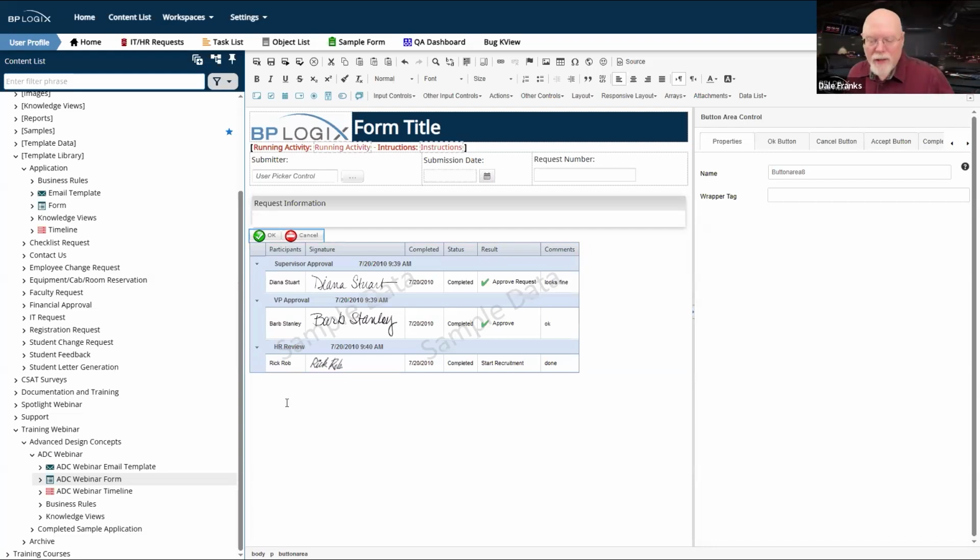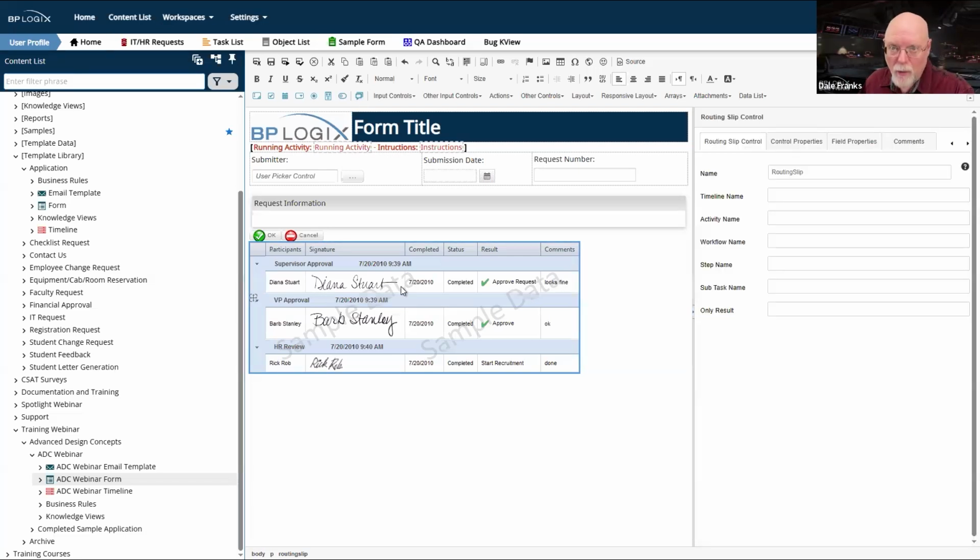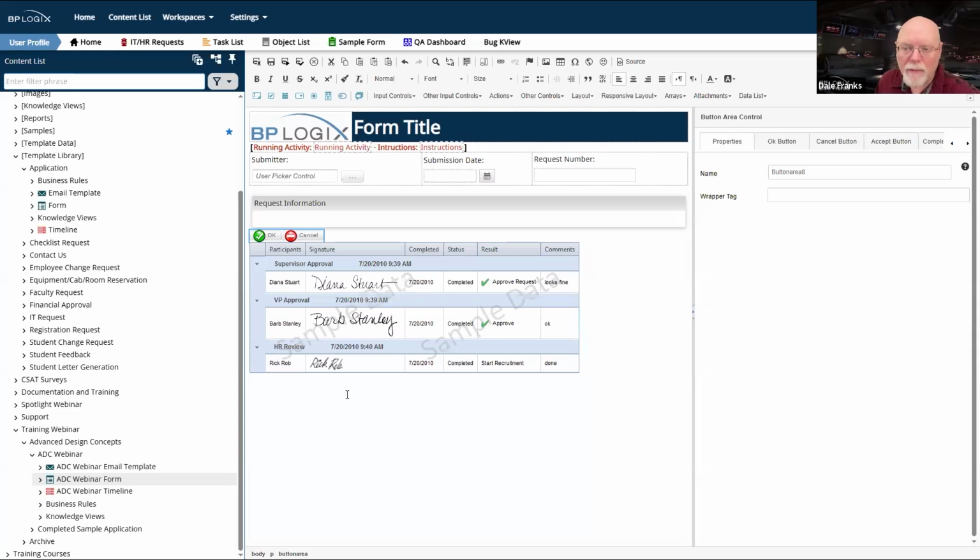We don't usually want it there because, while we do want a routing slip control on our form, in most cases, what we don't want to do is to force a user to scroll through the routing slip just to complete their task. And if we don't put a button area control on there, then Process Director automatically sticks a button area control on the very bottom of the form.